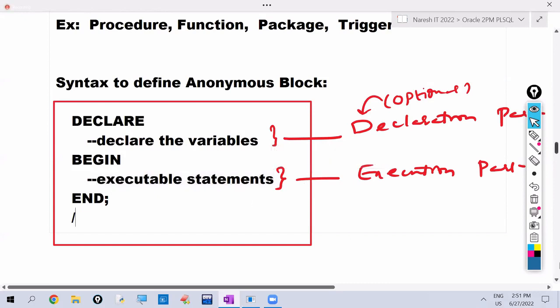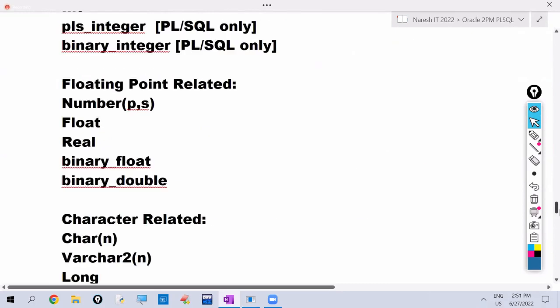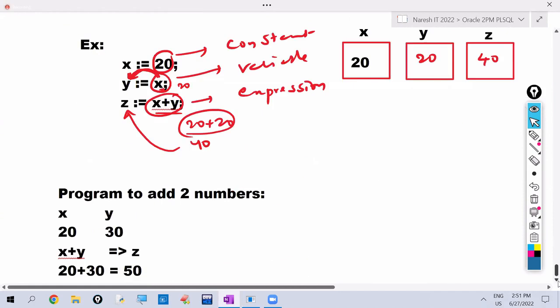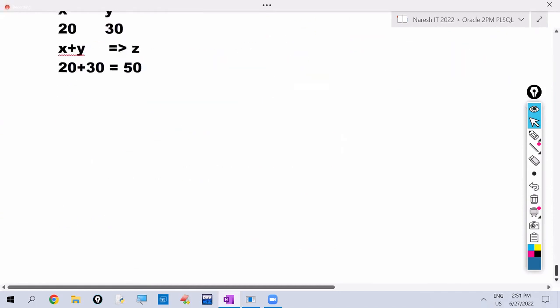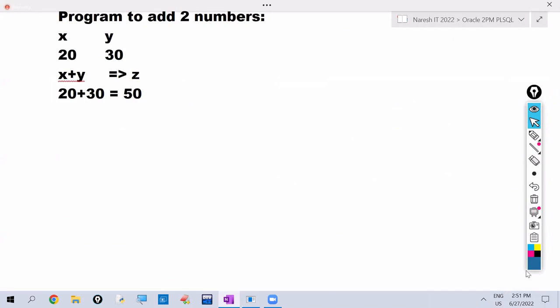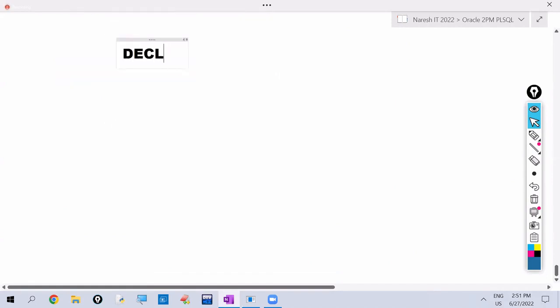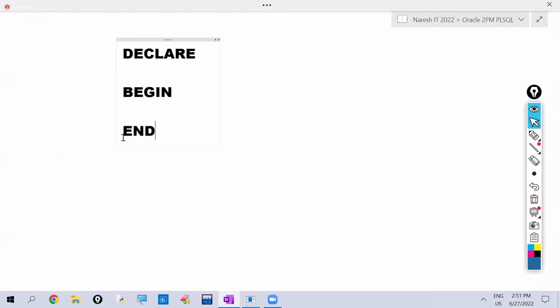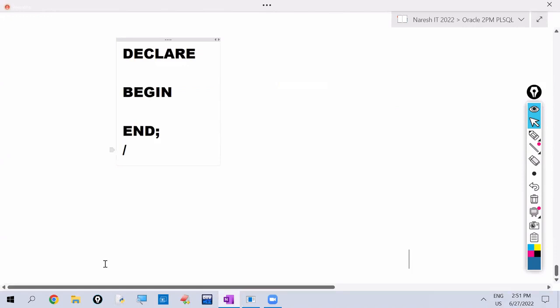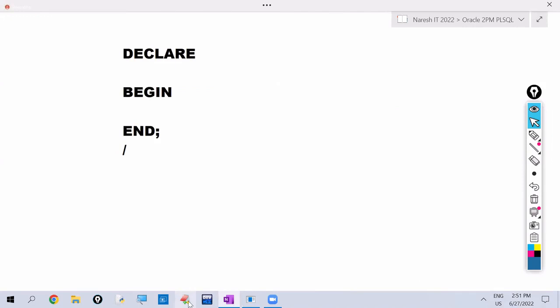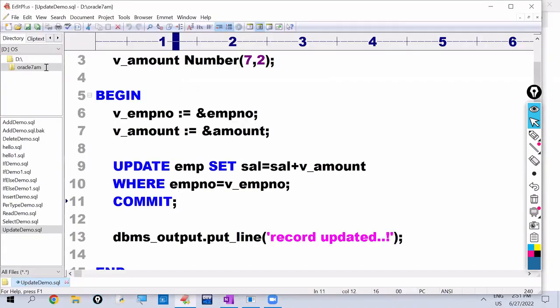Okay. So now observe. We are writing the program to add two numbers. Now what do we have to write? Declare, then write begin, then end, slash. Okay, or otherwise I'm writing here. I'm taking a new